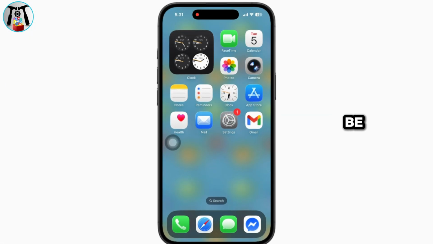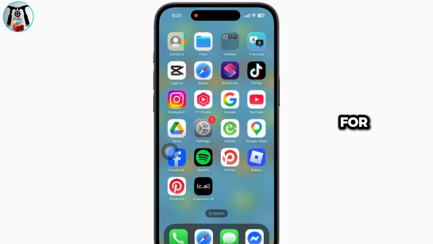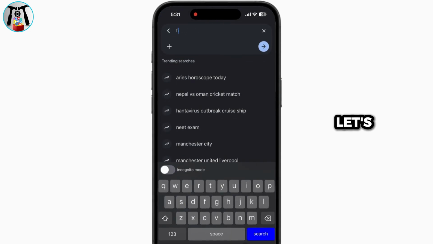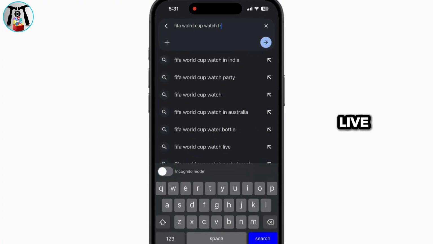In this guide, I will be showing you guys how to watch the FIFA World Cup 2026 live without cable and even for free in some cases. Let's get started. First, if you don't have cable, you can still watch matches using live streaming services like